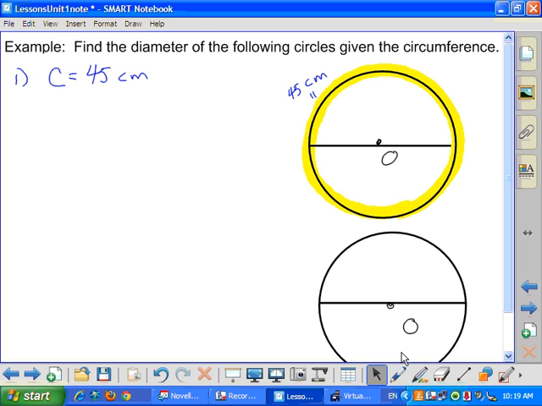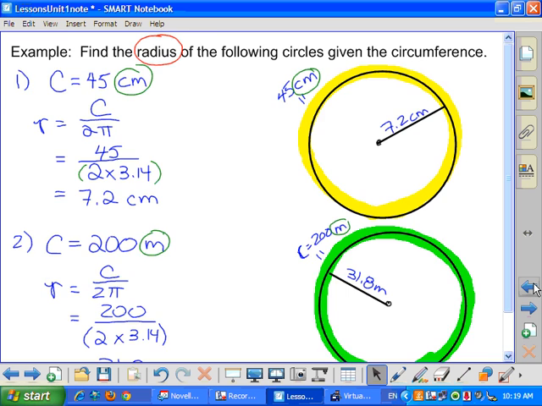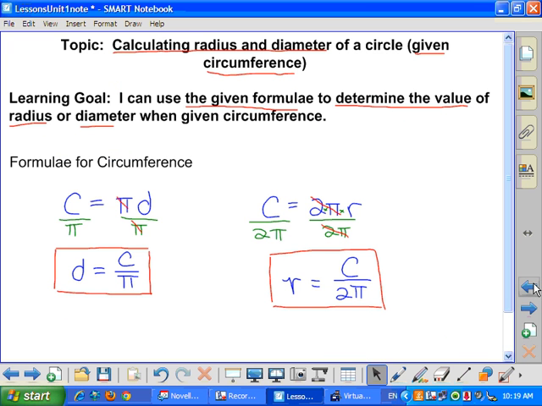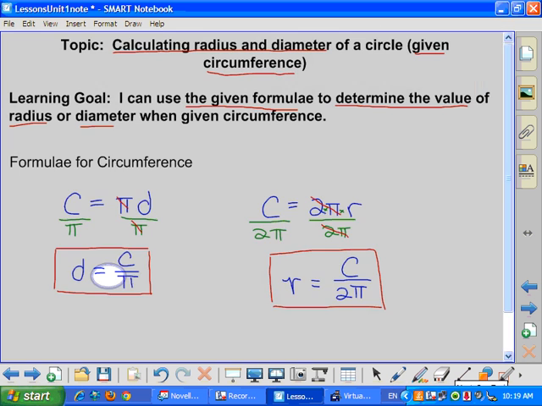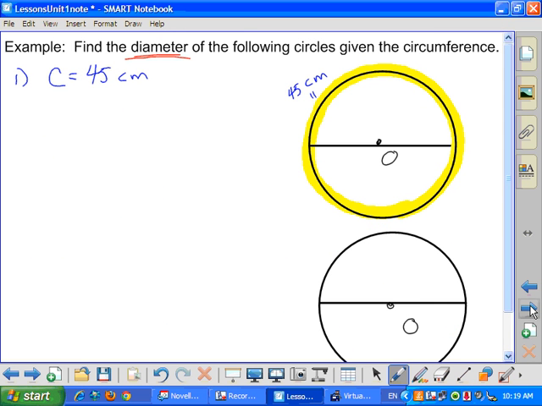How are we going to find the diameter? Well, you'd go back to your formulas and you would find the formula that has circumference and diameter. So we're going to just divide circumference by pi. So the formula would be diameter equals circumference over pi,